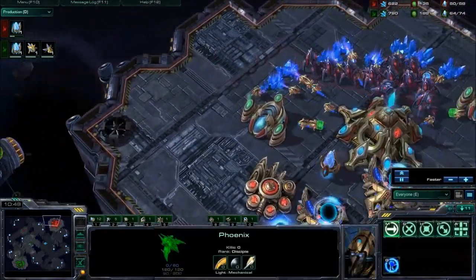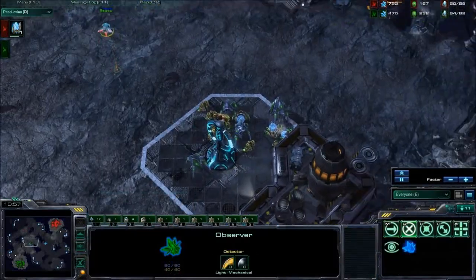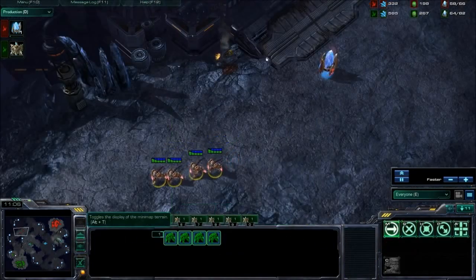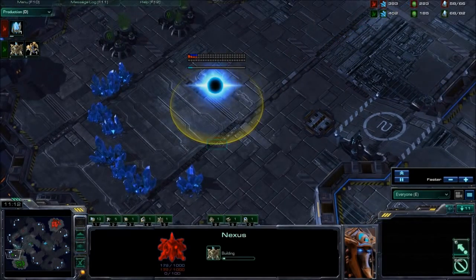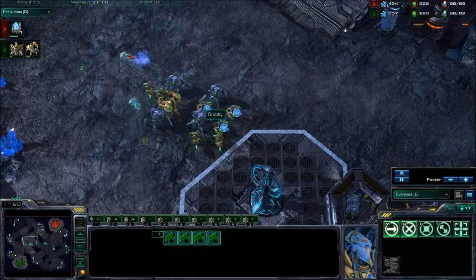Looks like it does take a little bit of damage, only sustaining hull damage though, so not too big of a deal. The Stalker, the one observer checking out what's going on over here. I don't think he actually sees the entire force, but he does know that his opponent has a robotics. Grubby now throwing up his Nexus, and the 4 Zealots now warping in for Alfie. We'll probably see him trying to deny that